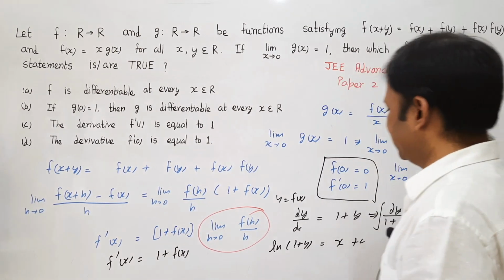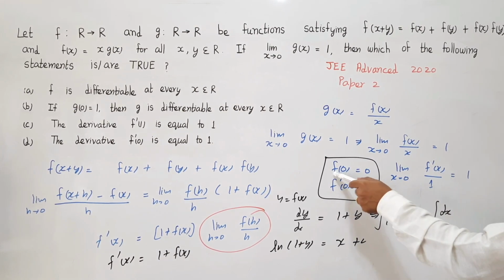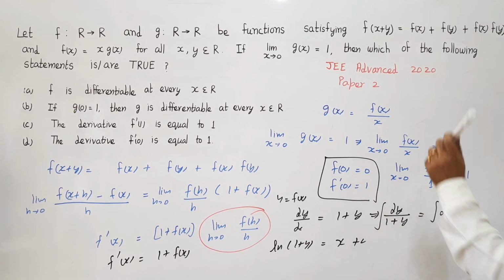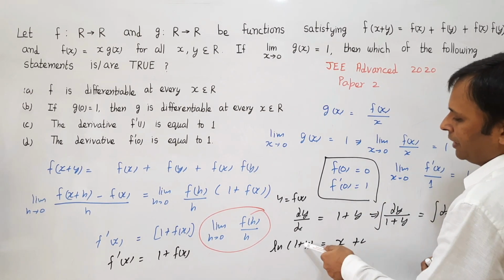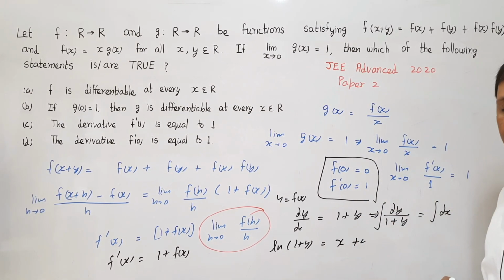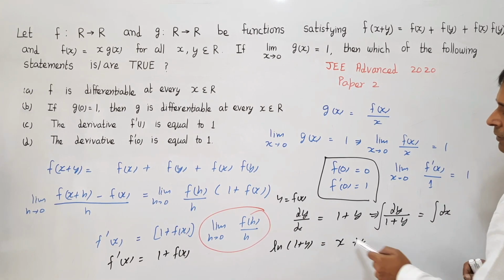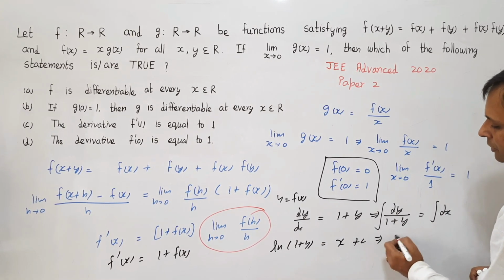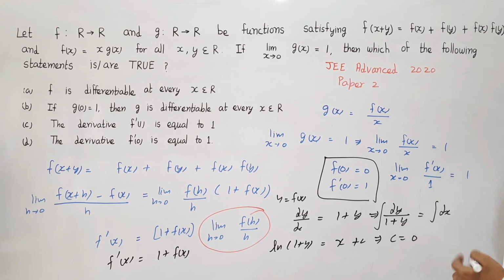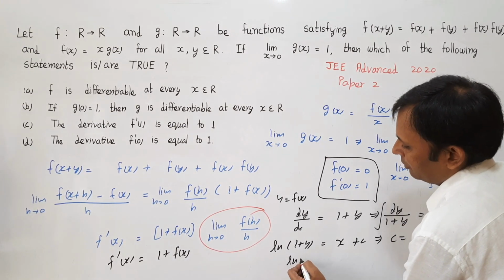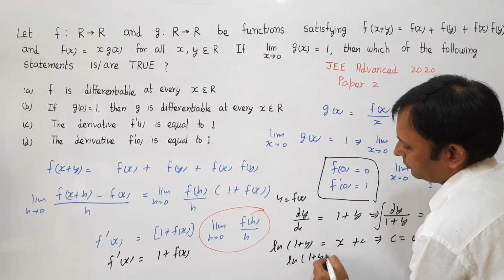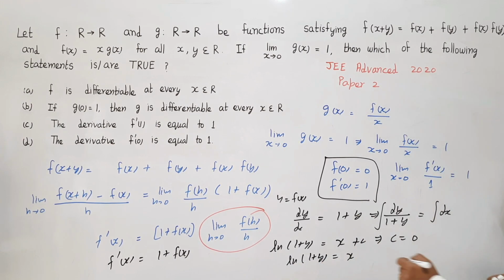Now to find this constant of integration, we know that at x equal to 0, the value of y is equal to 0. This we have already got. So I will write y equal to 0 and x equal to 0. Log 1 becomes equal to 0, and the right hand side x becomes equal to 0. So this gives me the constant of integration c also equal to 0. So this gives us a relation that log of 1 plus y is equal to x. That means if log goes to the right hand side, this becomes e to the power x. So 1 plus y becomes equal to e to the power x. So this gives us y is equal to e to the power x minus 1.